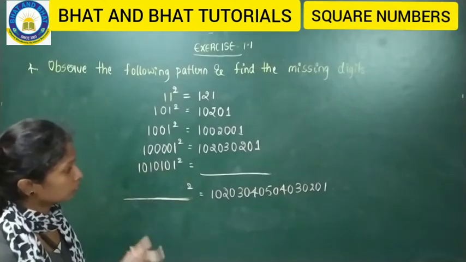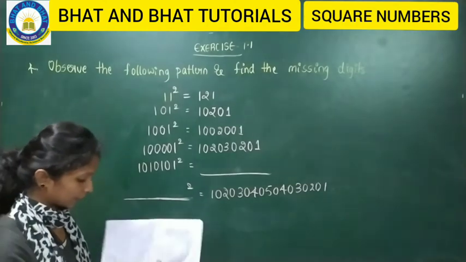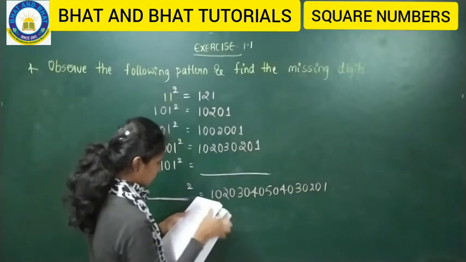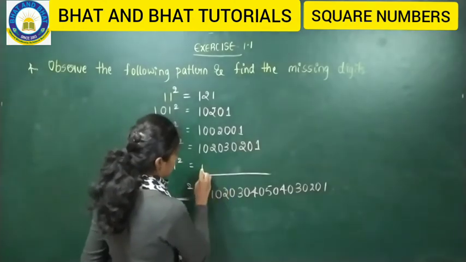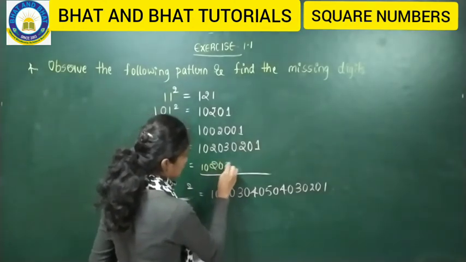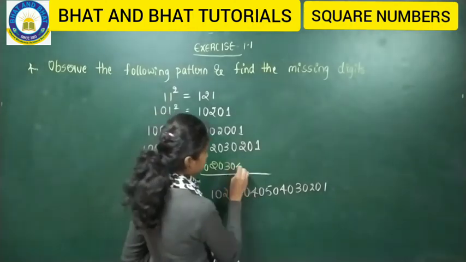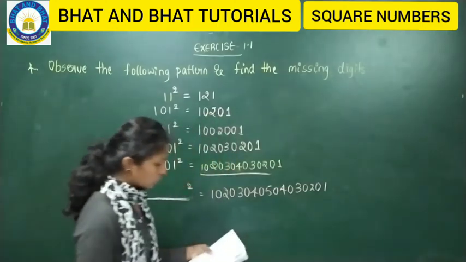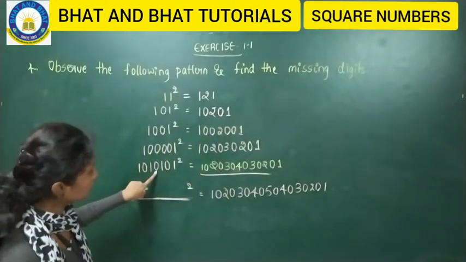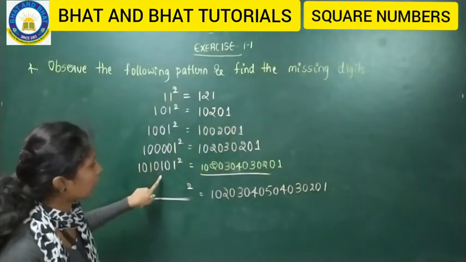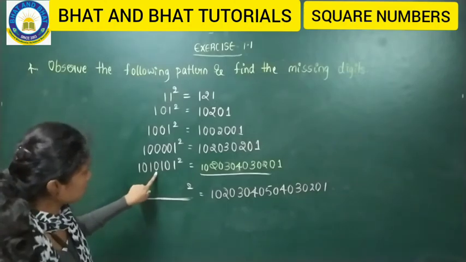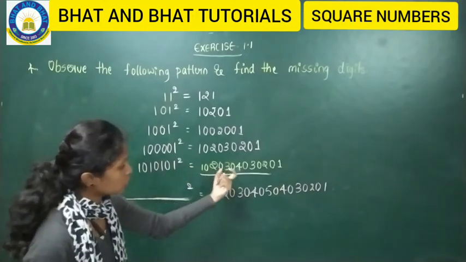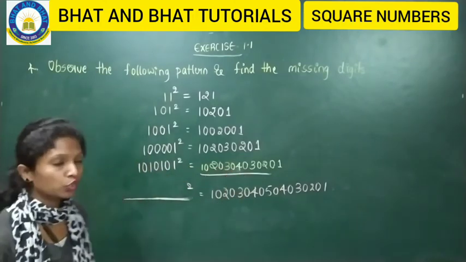Or else, one more logic that you can follow over here. So how did you get this, ma'am? Do this once and let me know the answer for this. When you do this, whatever answer you get, double it, do the square and check whether this is the correct answer or not. Come on, do it.